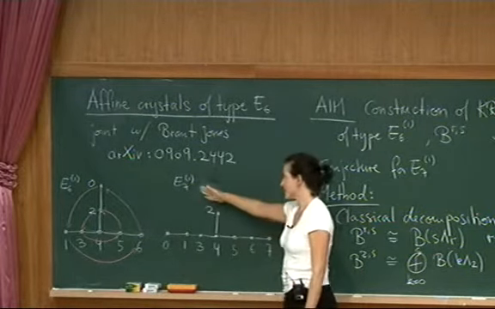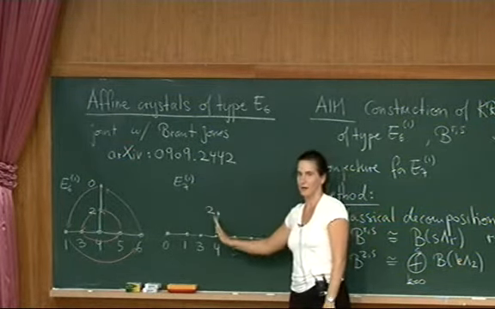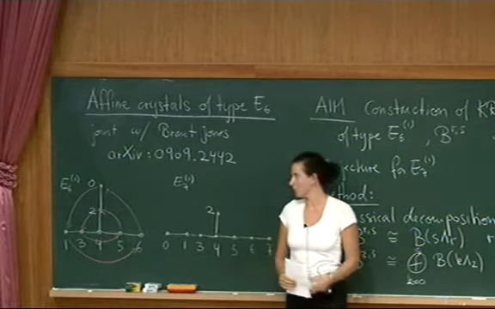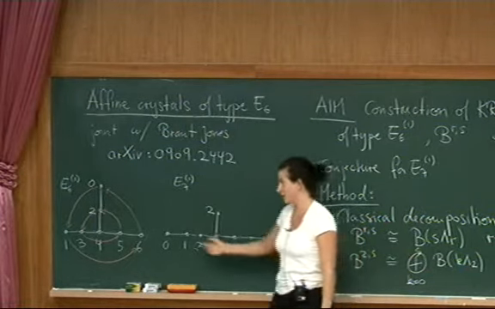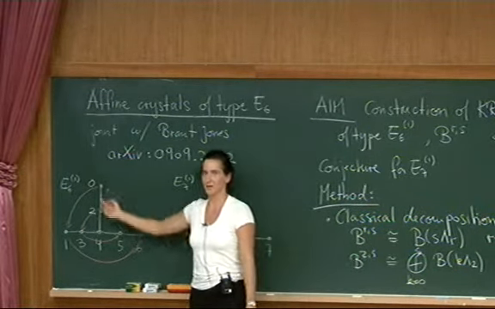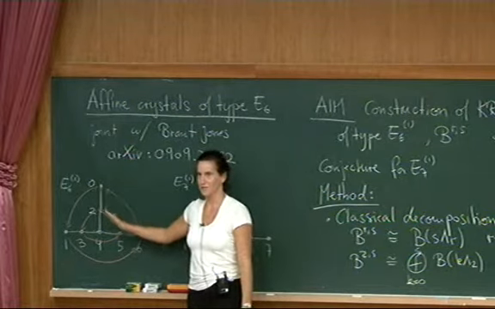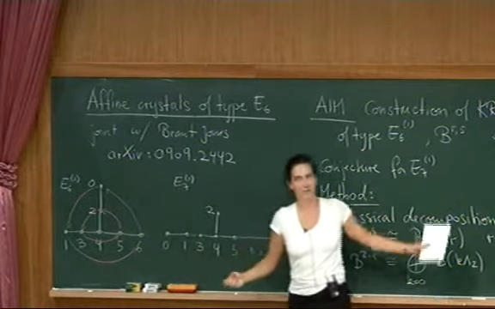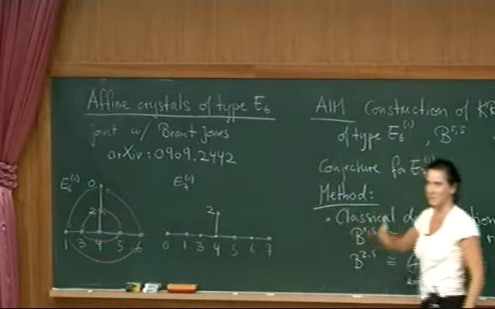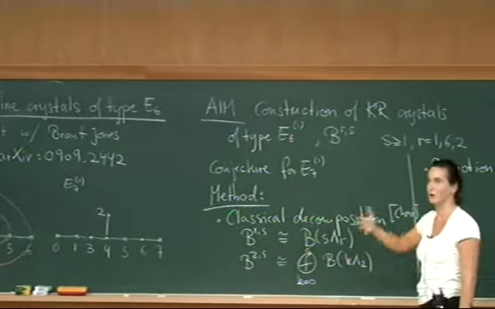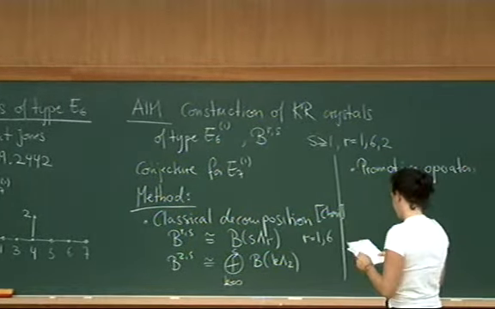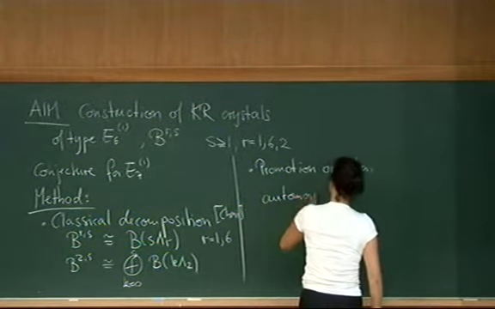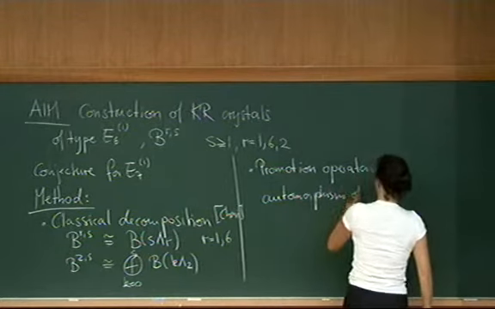And as you can see, for E7, we only have a Dynkin diagram automorphism of order 2. And in the proof that I'm going to give, it's important that we actually have something of order 3. That makes the proofs a lot simpler, and that's why what we have is only a conjecture for E7. But in principle, there's no obstruction. It's just a lot more work to do. Okay, so we are using the automorphism of order 3.